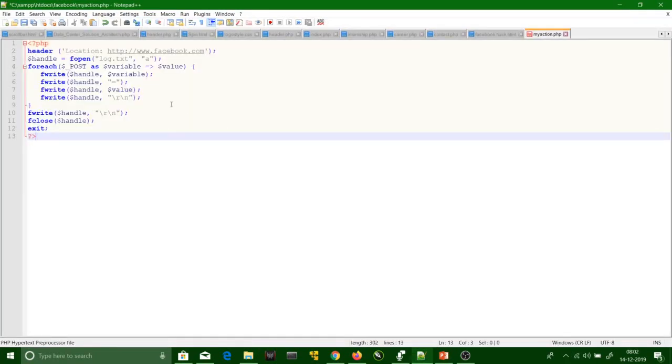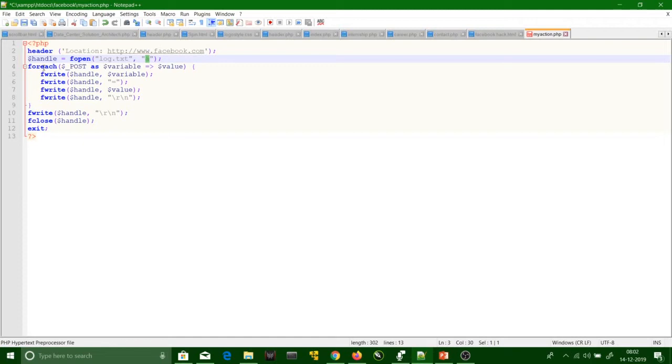So in this script, I have defined a location, which means when the operation is complete, it redirects to this location, that is facebook.com. Then we have created one variable which is going to open my file. The file log.txt I have already created, with append mode, so as much information as we want can be appended to the same file.